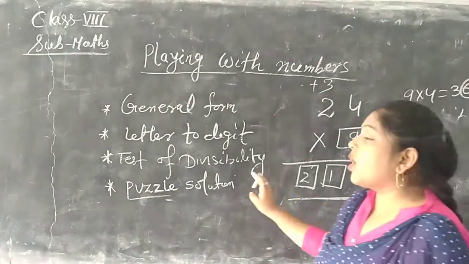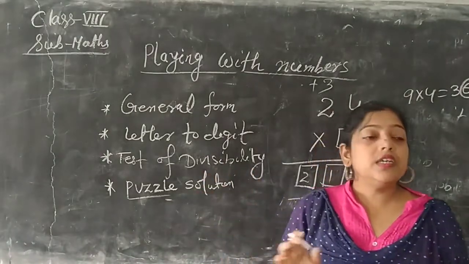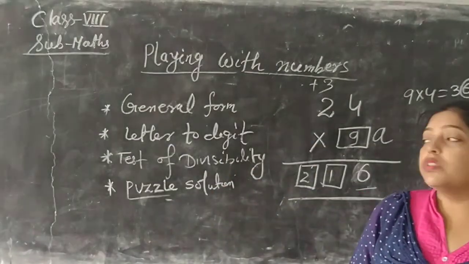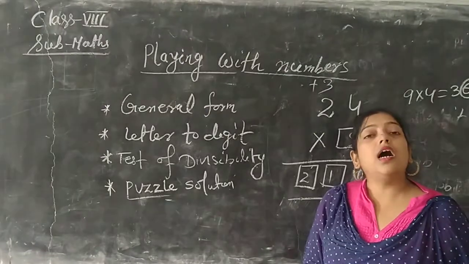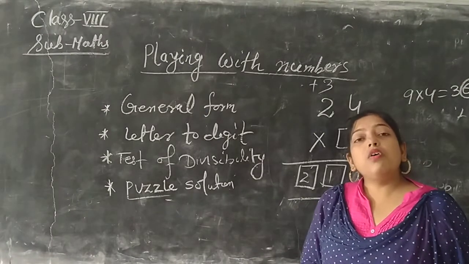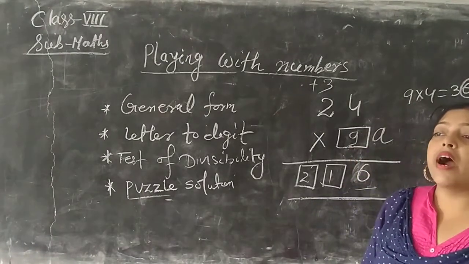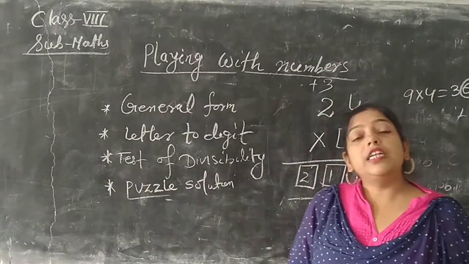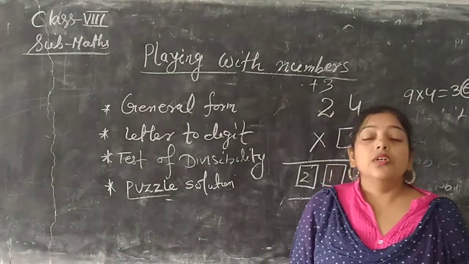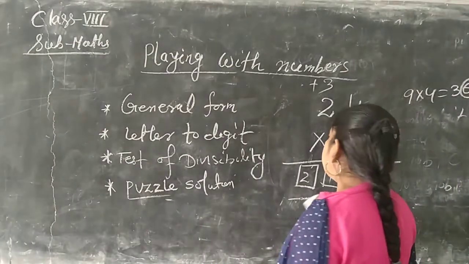Next, what are the divisibility rules? Why do we apply the divisibility rules? Without division, how can we find whether numbers are divisible by other numbers? So in the test of divisibility